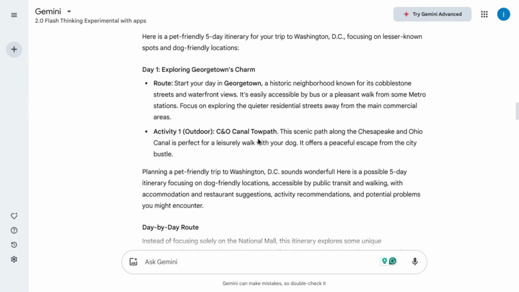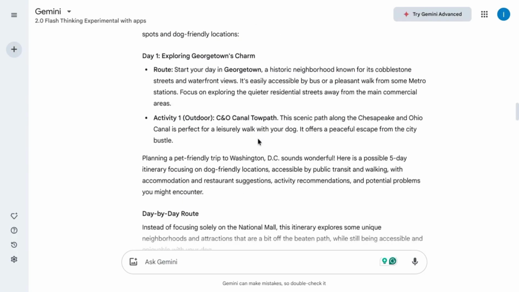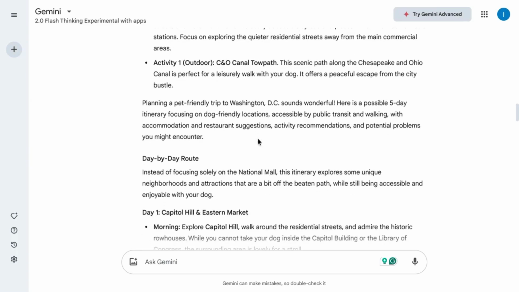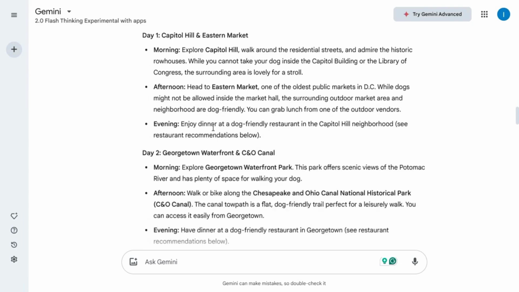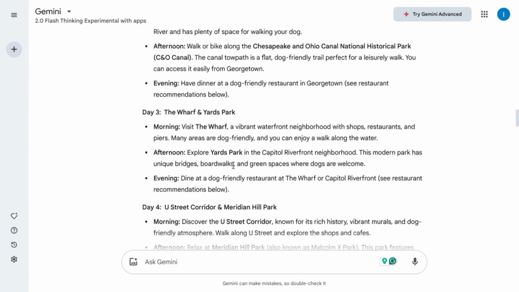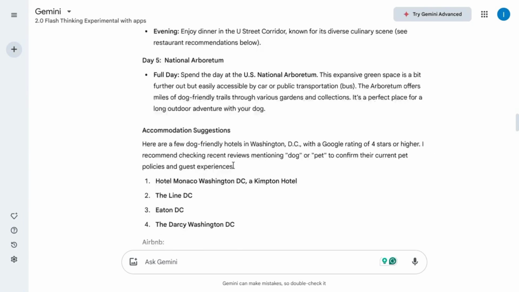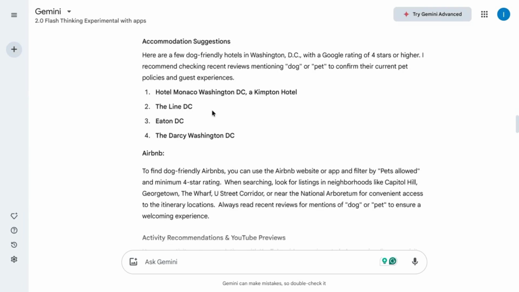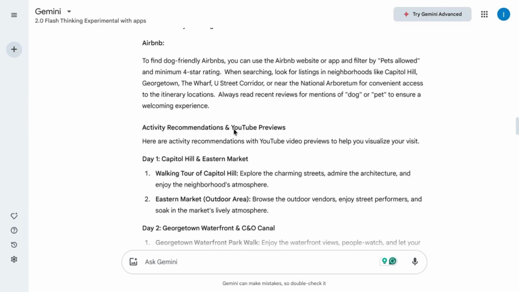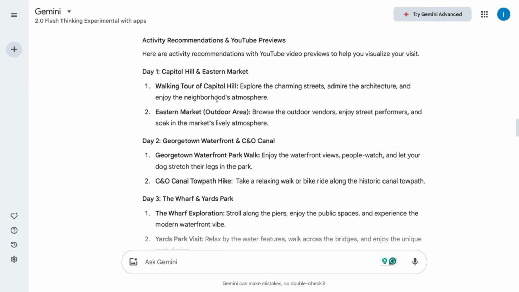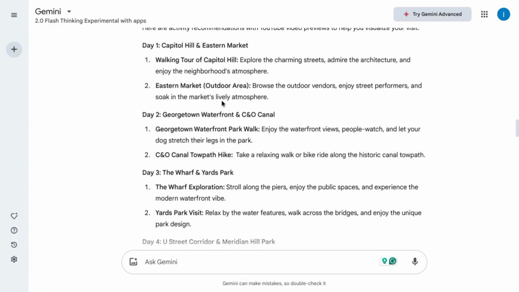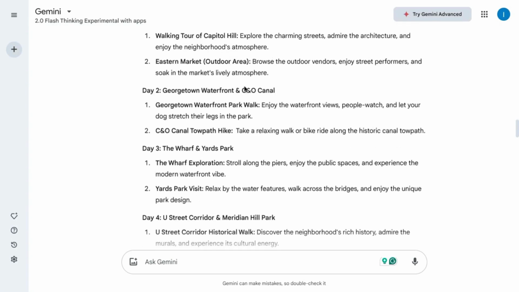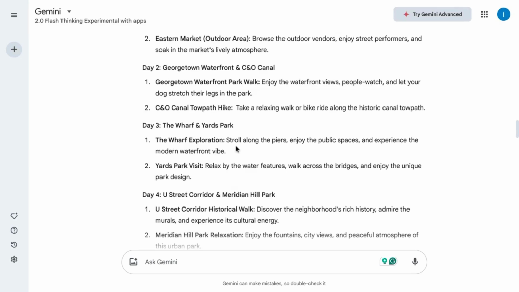If we start from the top of the response, we can see it gives us an itinerary, and just note some of the suggestions like C&O Canal, Capitol Hill, Eastern Market, Georgetown Waterfront. So it gives us an itinerary for the 5 days along with accommodation suggestions for hotels and Airbnbs. But then it kind of repeats the activity recommendations with Eastern Market, C&O Canal, Georgetown Waterfront, just slightly abbreviated